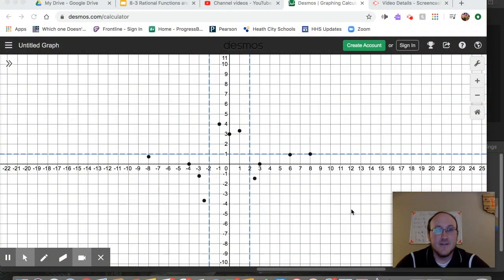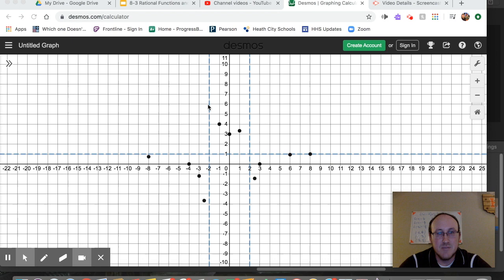Okay, now that I've added those points to the graph, I can start to see the graph taking shape a little bit. Over here, I think I can kind of see how this branch is forming as it's approaching the asymptote line. Same thing over here on the right. I can kind of see how this branch is starting to take shape over here. Maybe in the middle, you're a little unclear on what's going on still. I know what's going on there,